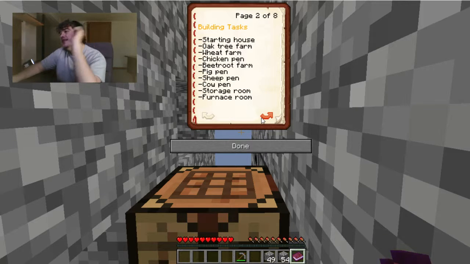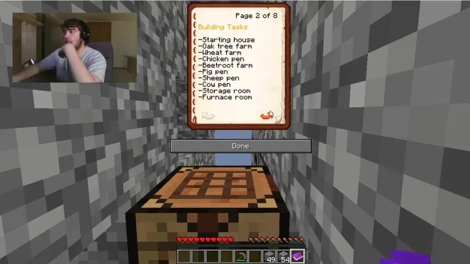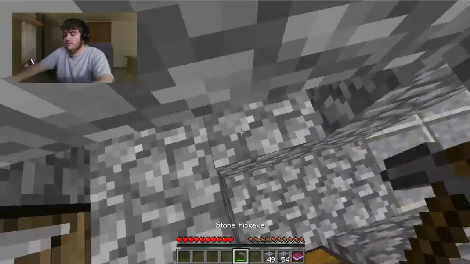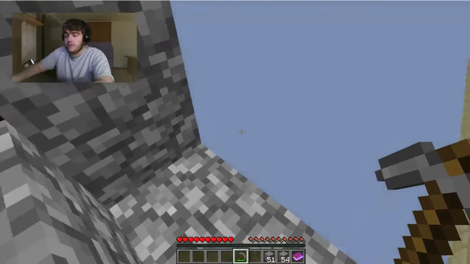So yeah, starting house, oak tree farm, wheat farm, chicken pen, beetroot farm, pig pen, sheep pen, cow pen, storage room, furnace room. Okay, so this is my storage room right here. I'm going to mine off these two pieces as well. Oh, I don't know if that is audible